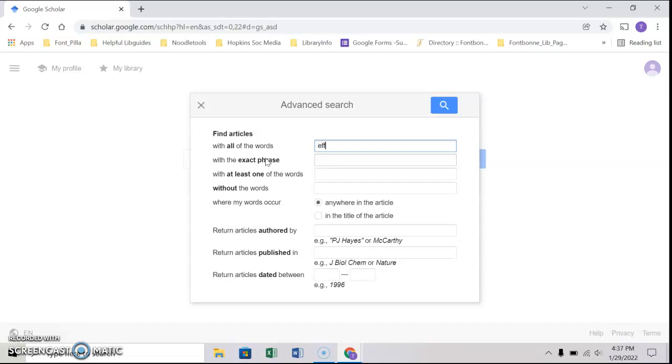So I'm going to put affect social media, and again the asterisk is indicated so that we will find any form of that word affect. And then high school students, we want all in an exact phrase, not high and then student and then school in all different areas. So we want that phrase all together. And then we're going to select search,